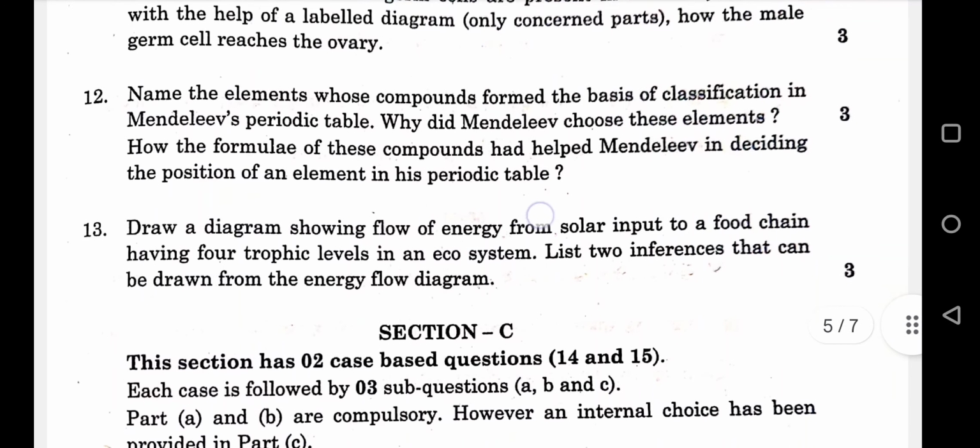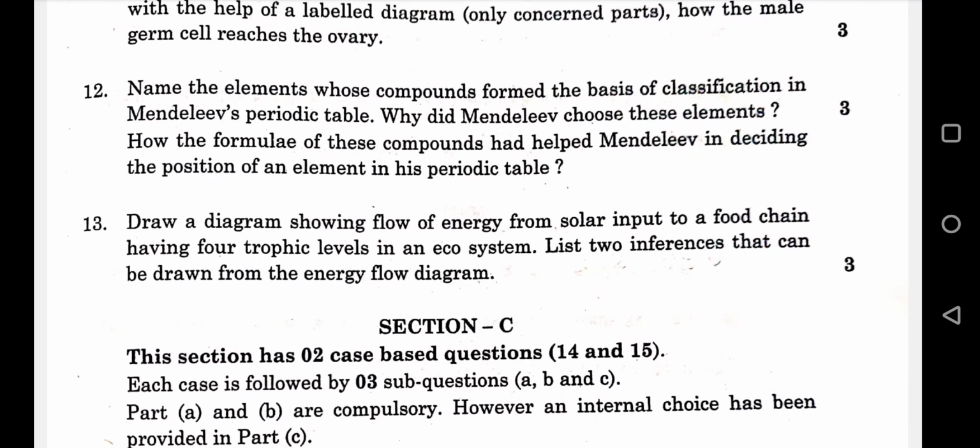Then question number 13: we have to draw a diagram showing the flow of energy from solar input to the food chain. Having 4 trophic levels in an ecosystem, inferences can be drawn from the energy flow diagram. So you have to draw a diagram in which from the sun to the plant there is only 1% transfer, and then from plant to rabbit there is a 10% energy transfer, and rabbit to